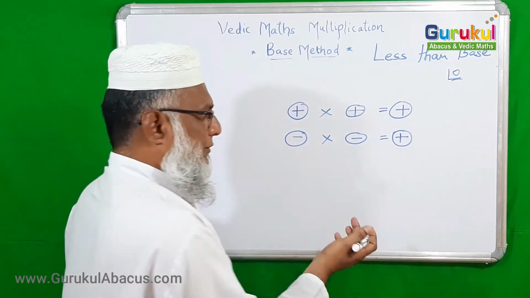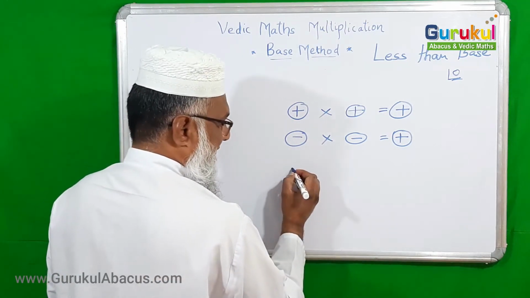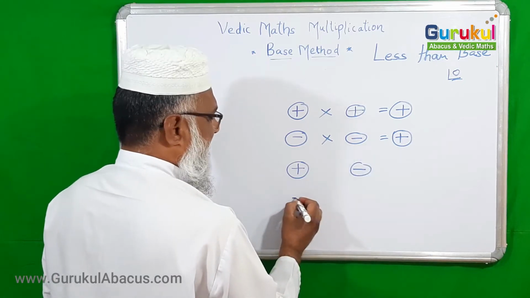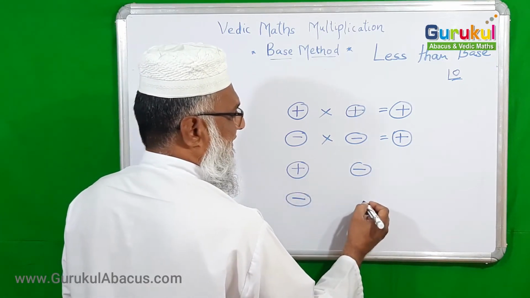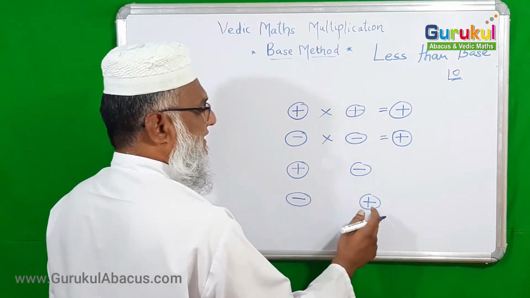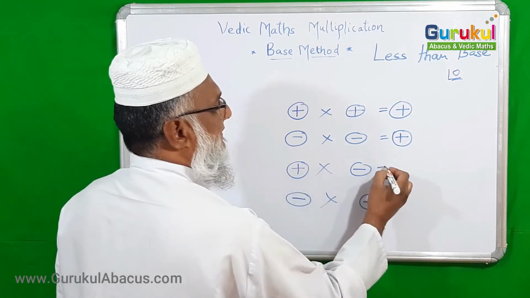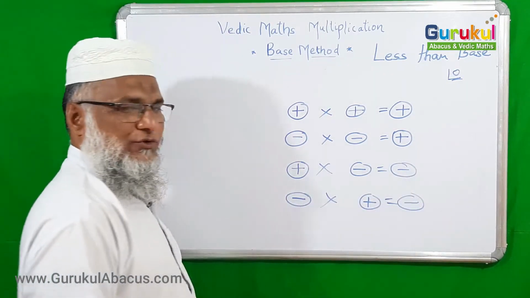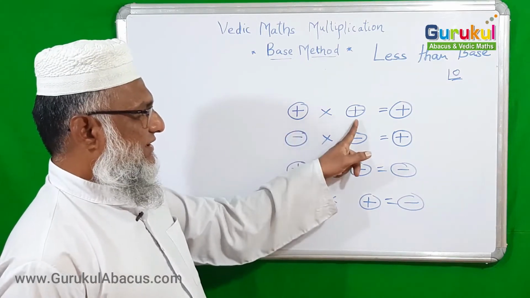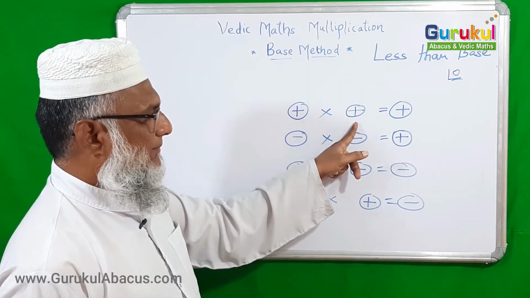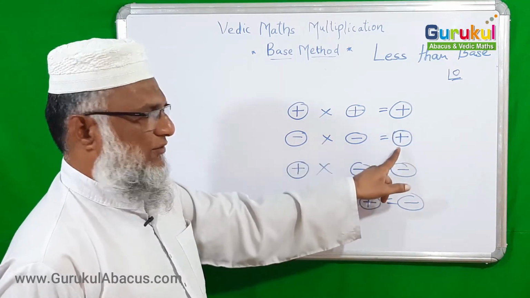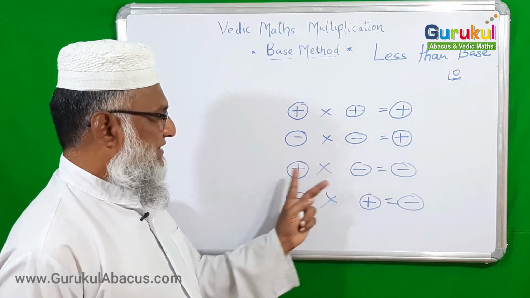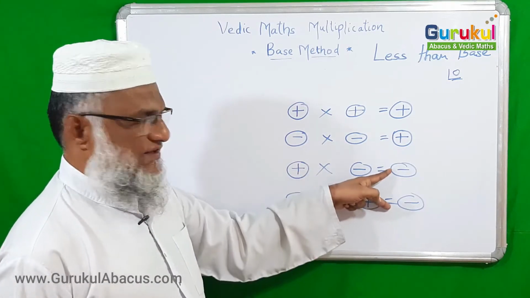Observe it if you don't know properly. Suppose the first is plus and the second is minus, or the first is minus and the second is negative. In both cases the answer sign would be negative. Observe this rule firstly. If both numbers have the same sign, then your answer sign would be positive, and if